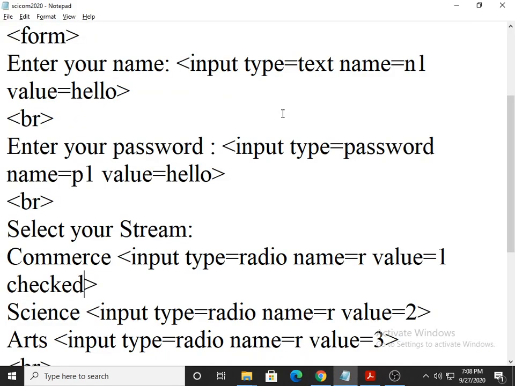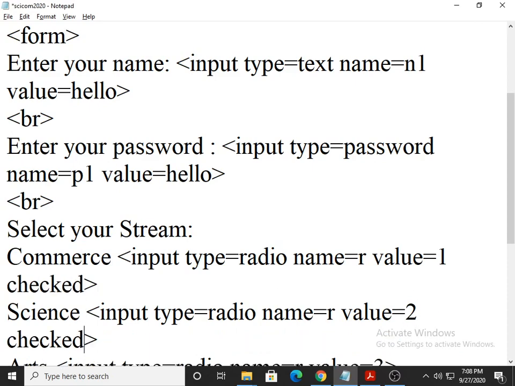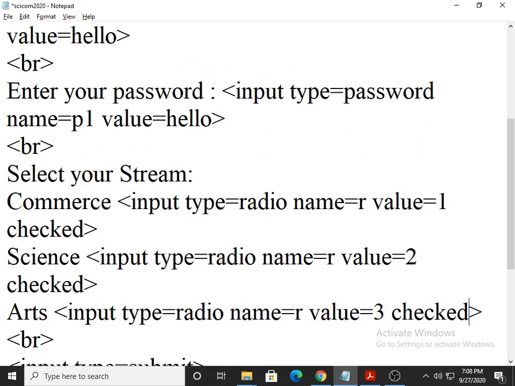Now, one question asked in board exam. Suppose we put all the radio buttons as checked, then what happened? This is asked in board exam. Now many students give the answer that all 3 are checked. Some students say that all 3 are checked, and whatever you don't check will not be checked. Some say that not a single one is checked. All these are incorrect answers.